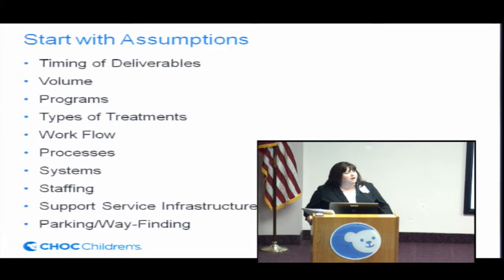And so for 24 hours, we had 35 people, 35 facilitators and hosts, 35 tables in this room, actually. And for 24 hours, we asked all of our staff to come in and sit at a table designated for certain things like inpatient units or radiology. And we talked about what their ideas were for safety and what things they would like to see in the new building. We had over 2,000 ideas,